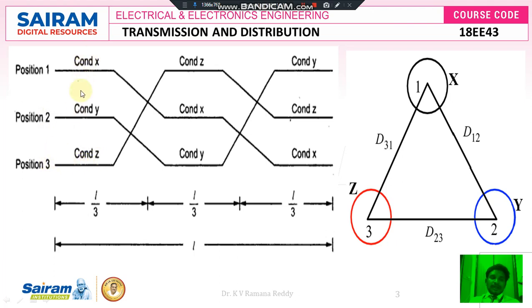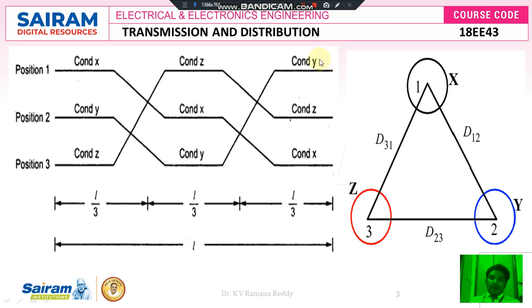Assume this is tower A, this is tower B, this is tower C. The distance from tower A to tower B is L by 3, tower B to tower C is L by 3, and tower C to tower A again L by 3. So the overall length from tower A at the start to tower C at the end is L.